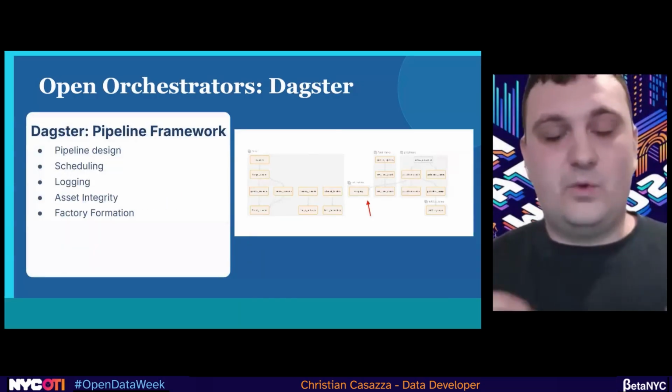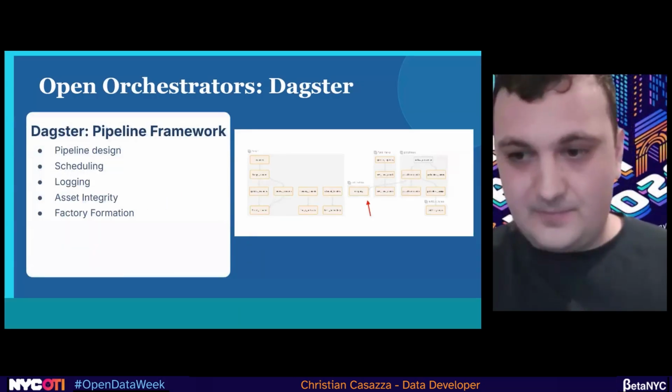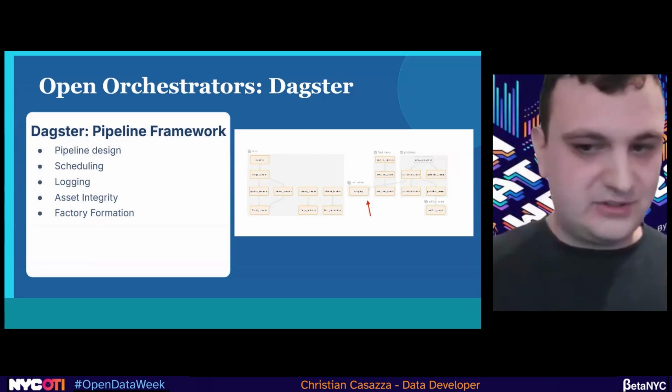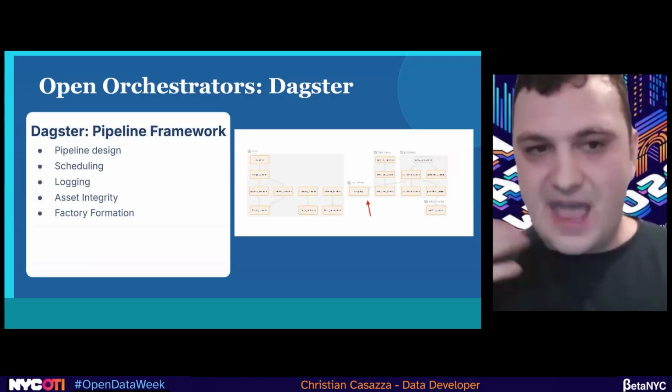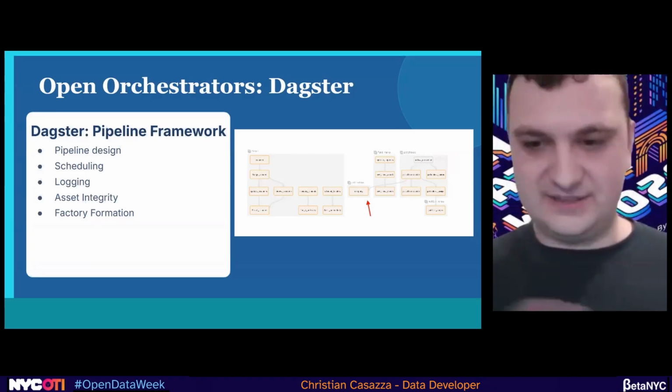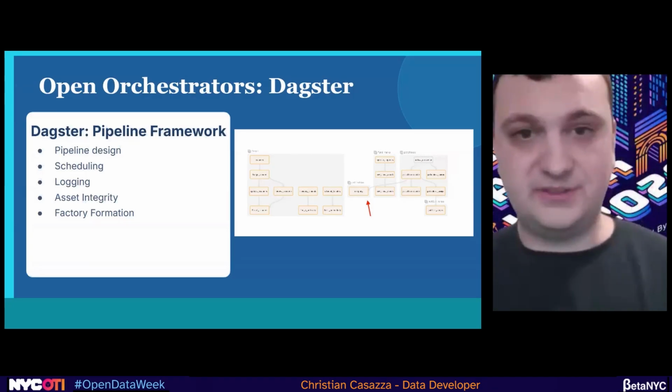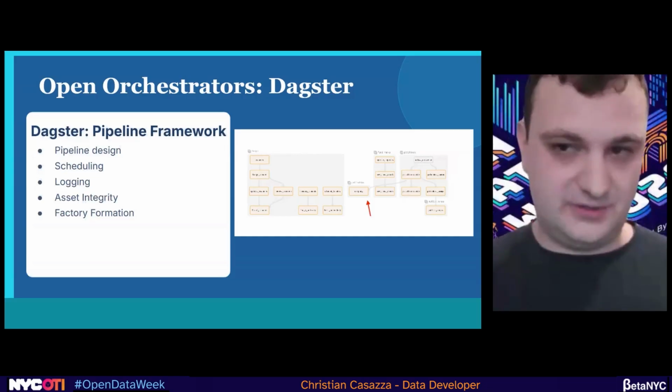So then once you have this, you have your standardized data, you have your open engines, great. So now you're doing all this cool stuff of querying and data wrangling. Now you want to start doing stuff over time. How do you organize that? How do you turn a bunch of arbitrary scripts into a pipeline? So that's where Dagster comes in.